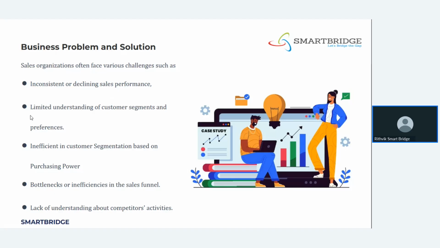First, you need to understand that we have less understanding of customer segmentation and performance: why the customer enters the store and does not buy anything. We need to understand the inefficiency in customer segmentation based on purchase power. Who is our main purchaser, where does our customer stand, a high class customer, a medium level customer, or a budget friendly customer entering our store? These are the things you need to understand.